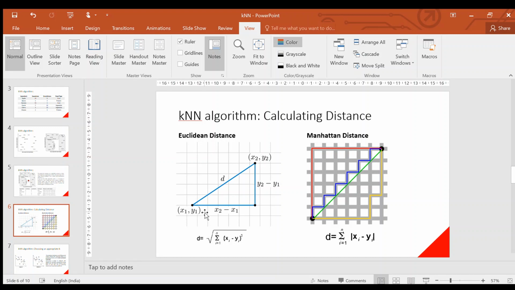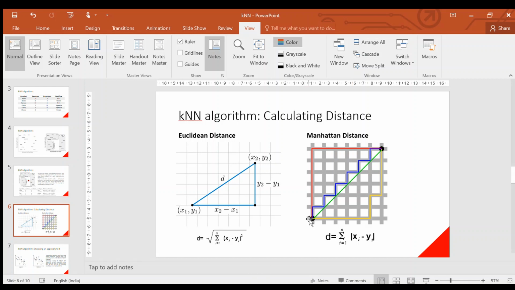Just find how far the distance is from x1, y1 to x2, y2, and here is the formula for it. While in the Manhattan distance, the distance from this point to this point might not be the diagonal green line which we see here. Suppose it is a city block of Manhattan city. One person cannot walk diagonally from this point to this point.